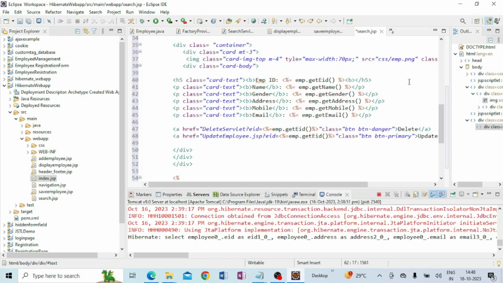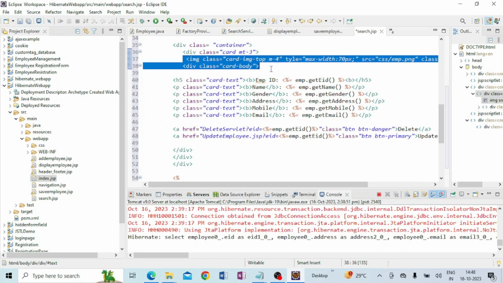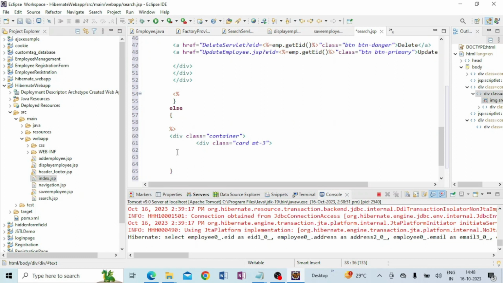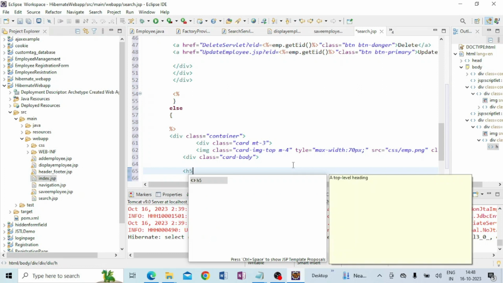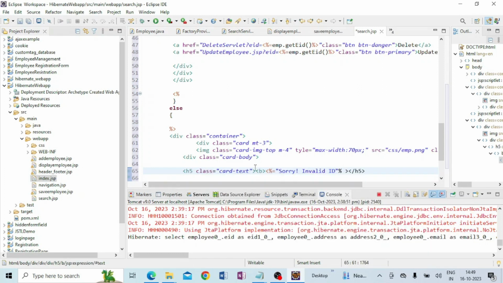Copy this code, Control C, and paste it here. Again you have to write an h5 tag. Here you pass a message in the h5 tag. It will be bold, sorry, invalid ID, and here you write the b tag